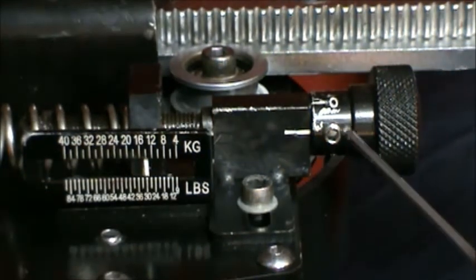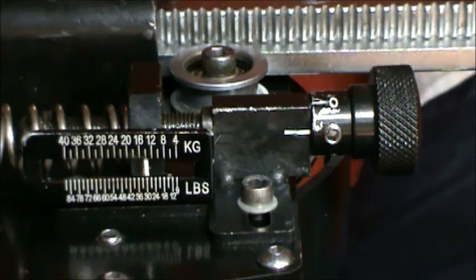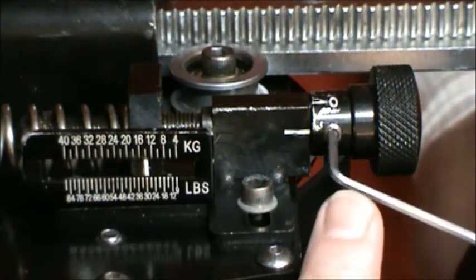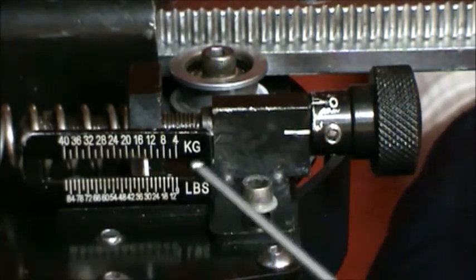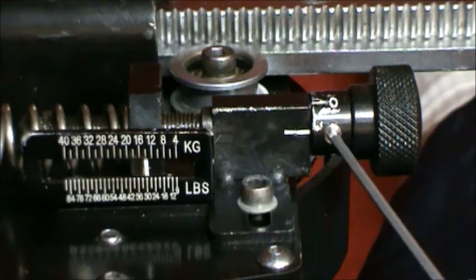So you want to loosen this set screw right here. This is a 2.5 millimeter hex wrench. I don't want to turn the knob here because I don't want this indicator to move. I just want to loosen this, and once this is loosened,